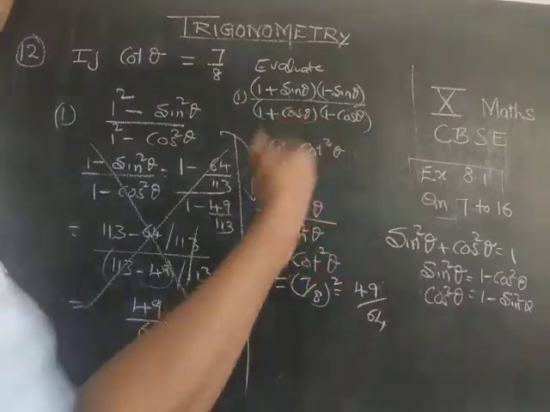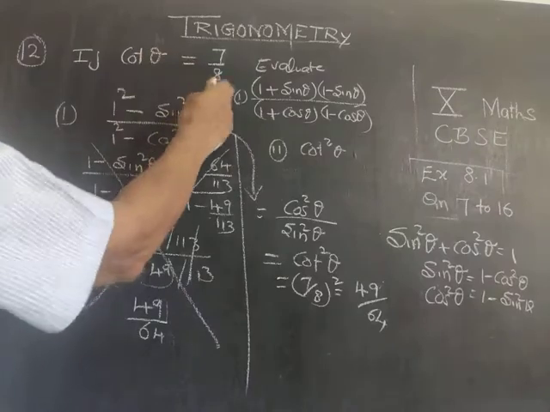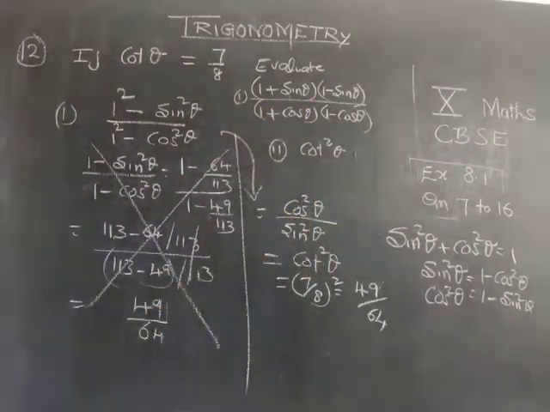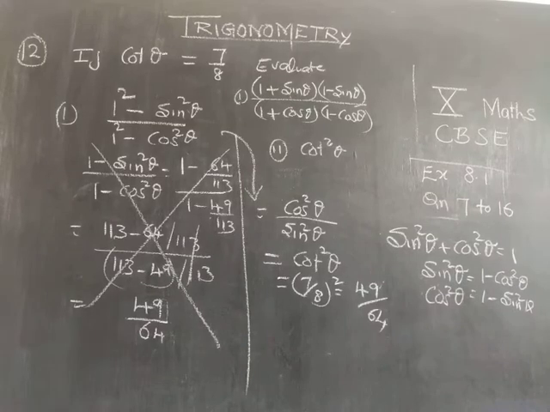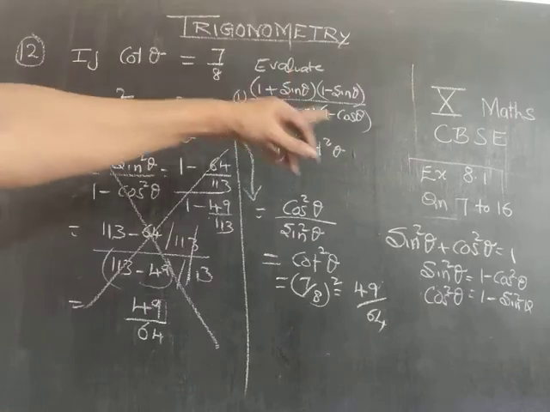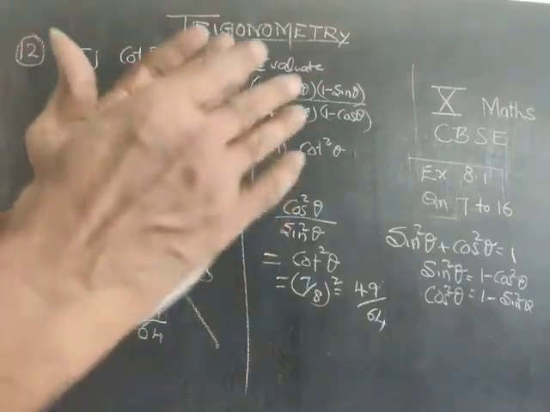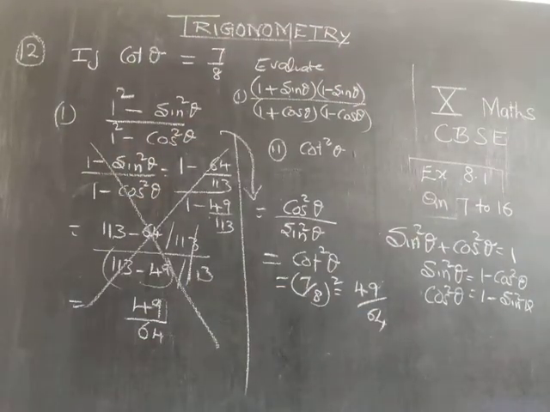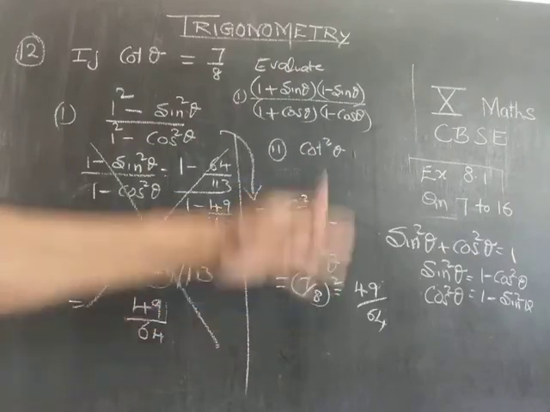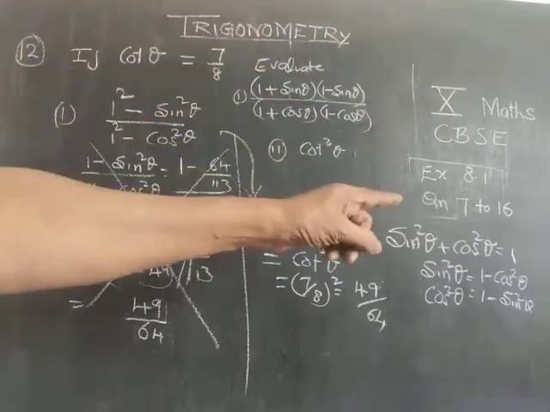Second part also we have completed in no time, whereas here you have to go for what is cot square theta. You have to apply this, and 7 by 8 the whole square, not necessary for that. But generally the question from the student side is, sir, this question is given under exercise 8.1 where I am not taught about these identities. Can I apply that? Don't restrict yourself to 8.1, 8.2, 8.3. Whatever things you know this year, you can do it. Any problem you can apply that method. So for this problem also you can apply it, provided you know.